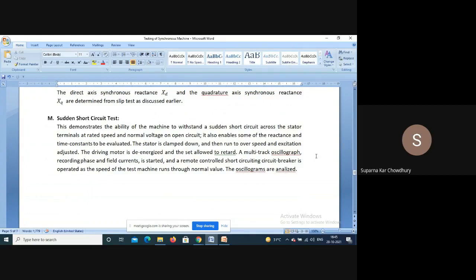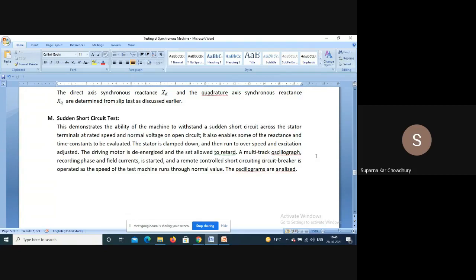Normally the stator and rotor currents are decoupled, they are not interlinked, but under short circuit condition the rotor current also will oscillate. Again, the current forms depend on what type of short circuit it is, whether single phase, three phase, or line to line fault. That will depend on the actual form. Now, what is the machine behavior under short circuit, that has to be tested.